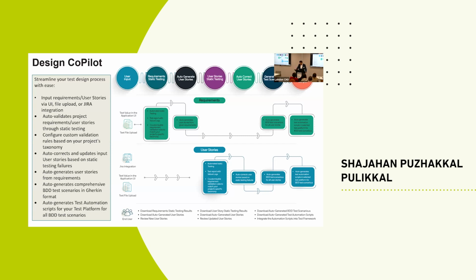That's the first stage, where we will do this static testing in an automated way. It will highlight what the issues are within that requirement. Probably it's not singular, or ambiguous statements are there, or those kinds of things will be highlighted. Then the next step is we can pass those issues on to the BA, or the BA itself can look into it. The business analyst can modify the requirements and correct them.